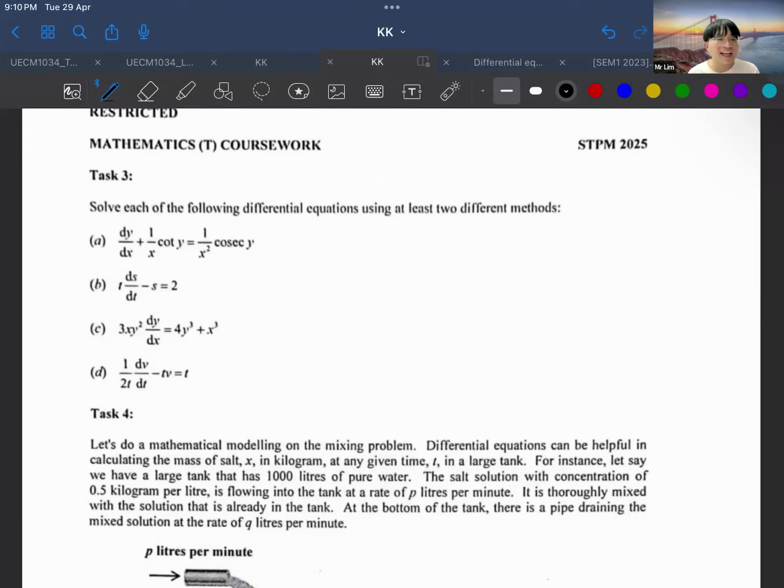I just want to finish the discussion. I purposely make it into 2 parts because task 4 definitely will be part 2, and task 3, I hope that at least 1 or 2 questions, maybe I will put into part 2. So for this one, I'm just going to show you